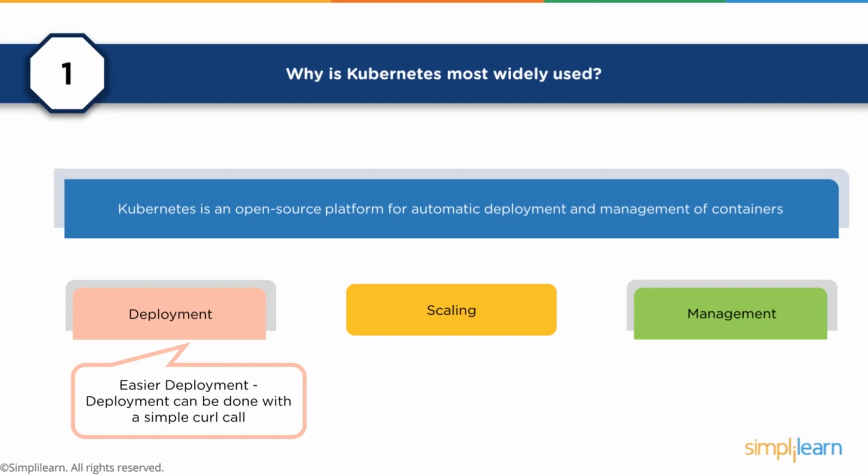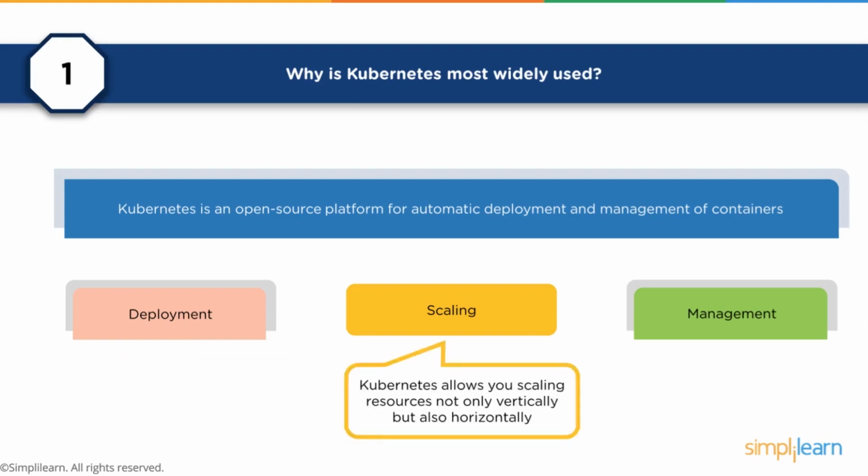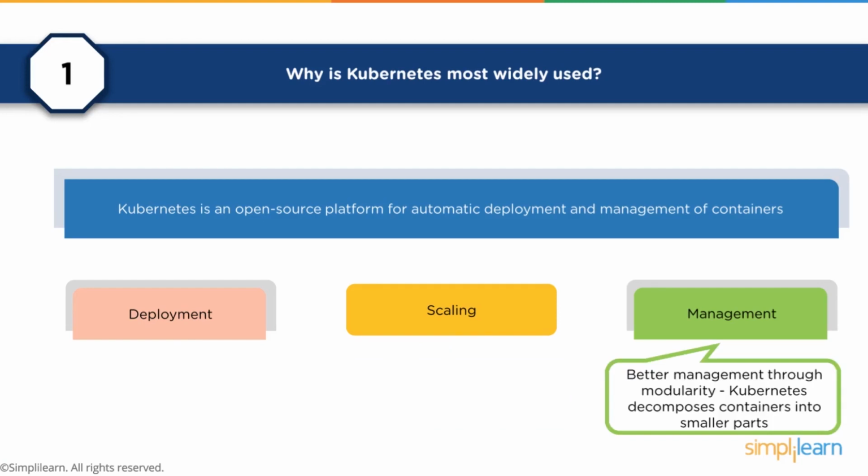And your answer to this really comes into the fact that Kubernetes is widely used because of 3 distinct areas. One is that Kubernetes is an open source platform that is readily available for the management of containers and allows you to manage the deployment, scaling, and management of those containers. And so the first area is that it allows you for easy deployment of your containers, the ability to scale effectively within Kubernetes, not just vertically but horizontally for your containers. And then finally, the Kubernetes environment itself was really designed to make it easy to manage containers in small parts.